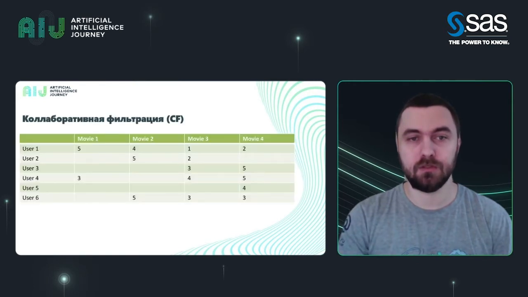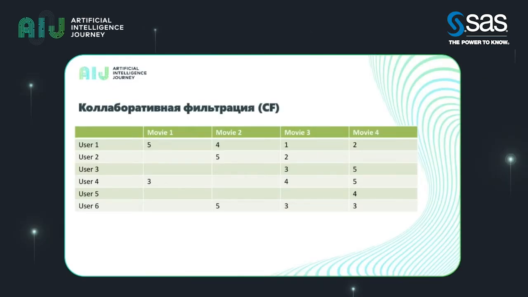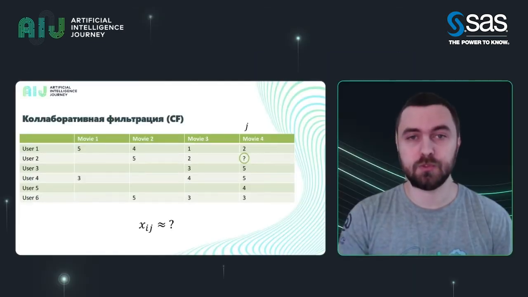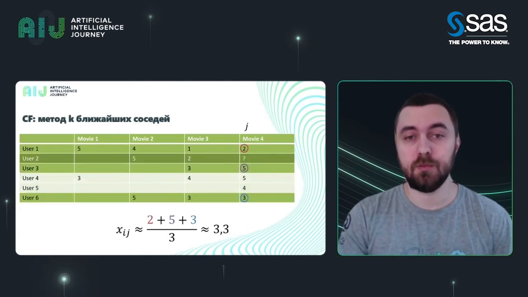Speaking of collaborative filtering, we have the following. We have some users and objects, in this case, movies they watch on a certain streaming platform. And we have ratings that users give to movies they watched, or some other objects. Our task is to find an object that users have not rated yet and to try to predict that rating to recommend the most relevant objects to users. Collaborative filtering only uses this spreadsheet with ratings to build recommendations.